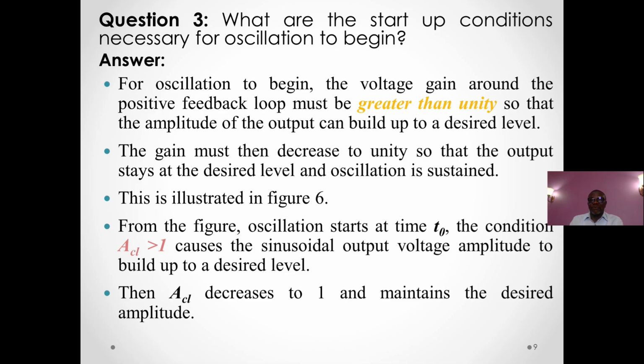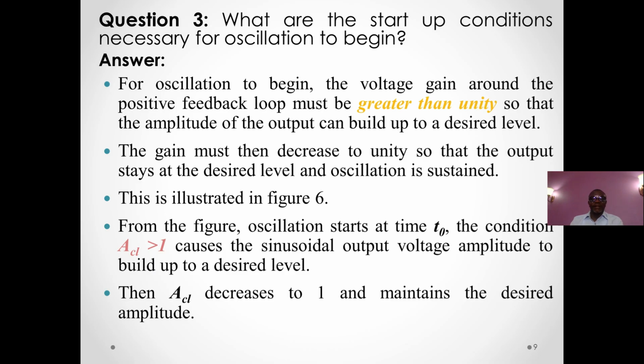But for it to begin, the feedback loop gain must be greater than unity so that the amplitude of the output can build up to a desired level. We will illustrate it shortly. The gain must then decrease to unity so that the output stays at the desired level of oscillation,